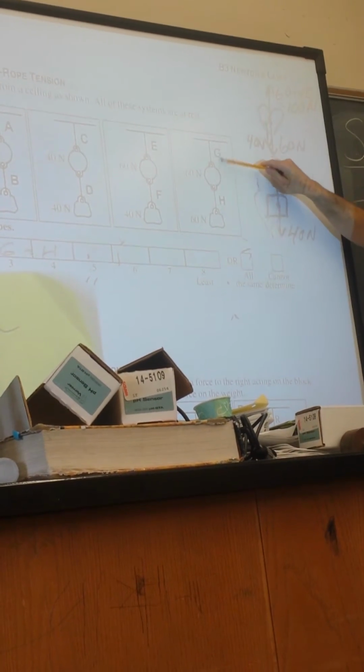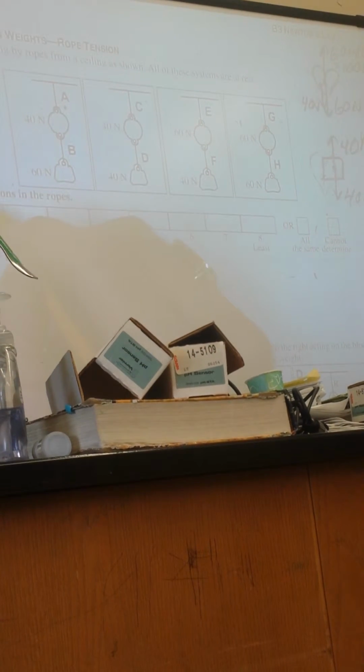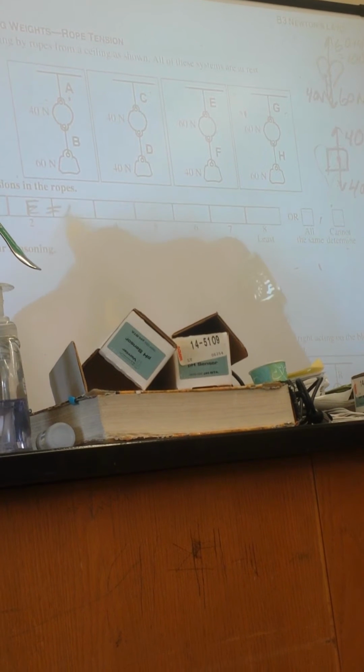What has the most tension? G. G, yeah. Just G. 120 newtons. Okay. Right. So wait, G? Oh wait, G is not only supporting this weight, but it's also supporting this weight. So G and H are not equal. Correct. Okay. So the second string on all of them that are closer to the ceiling, those will be the first four. So, okay, let's start. G was, we said, the greatest, right? What's the next biggest force? E and A. E equals A. Okay.